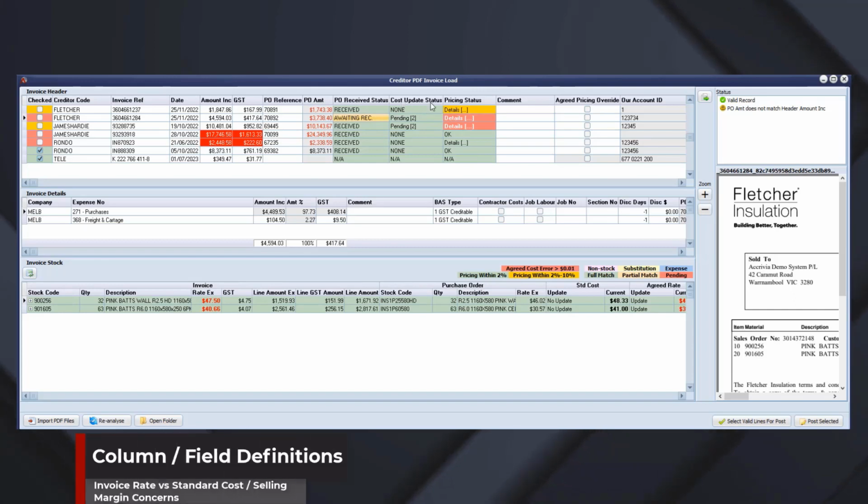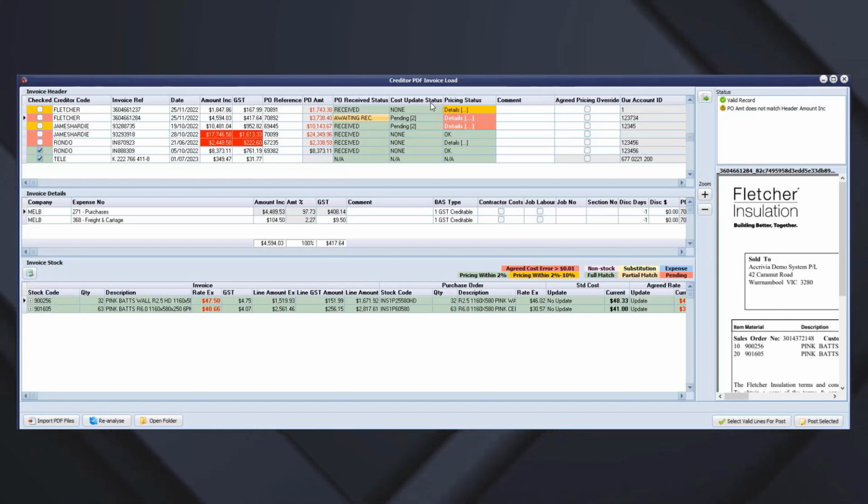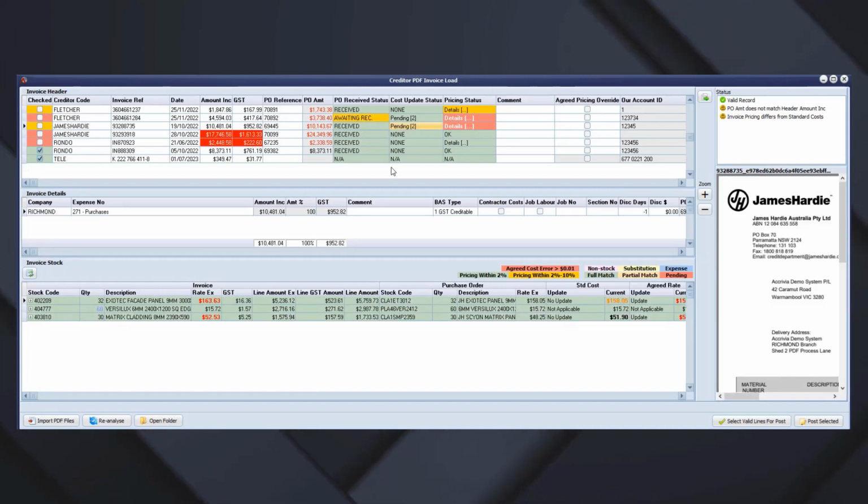Standard cost update is the equivalent mapping to the pop-up screen at the end of the creditor invoicing process and allows us to update our standard pricing on our inventory file for that item or to not do so. So what we can see here is the invoice rate on this particular item from this particular supplier is $163.63. My standard cost rate in this Accrivia system is